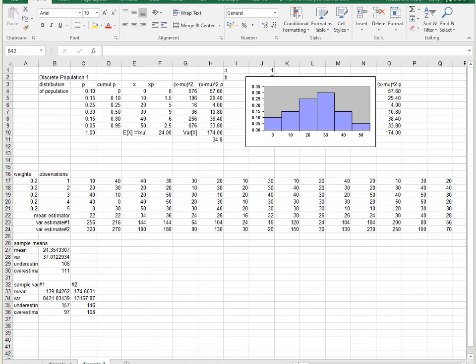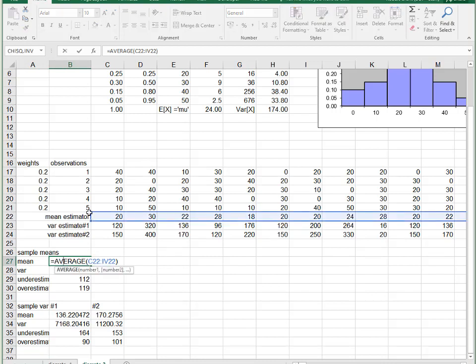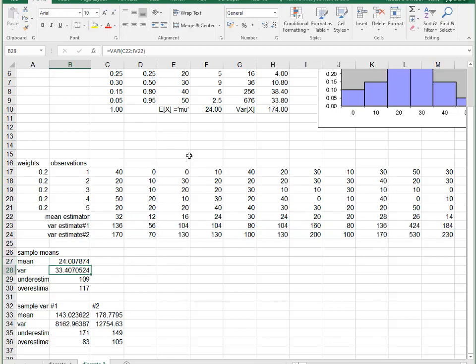Sorry, lots and lots and lots of samples. And as before, to try and see how close we're getting to it, I've looked at the sample mean here. So that's the average of the means. That's the mean of all those means. So the mean of the sample means is very close overall, and the variance of the sample means is, don't forget, that should theoretically be given by the original variance divided by the sample size,